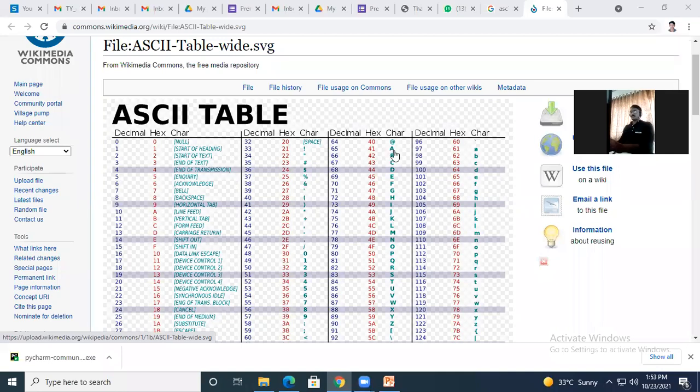If you check, this is the capital A. I am scrolling down. Under the heading Character, here is a capital A. On the left side, the decimal value of this character A is 65. Now, in the rightmost column, there is a small a, and its ASCII value is 97. Are you getting this?